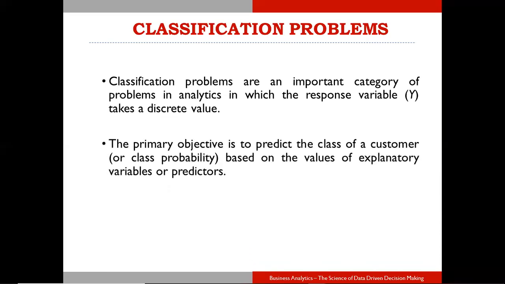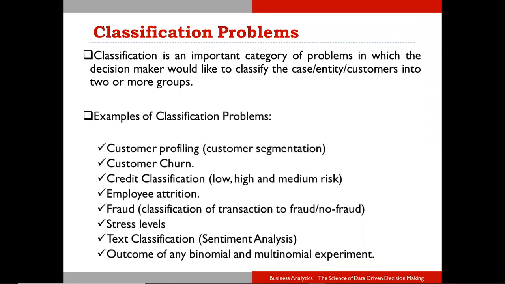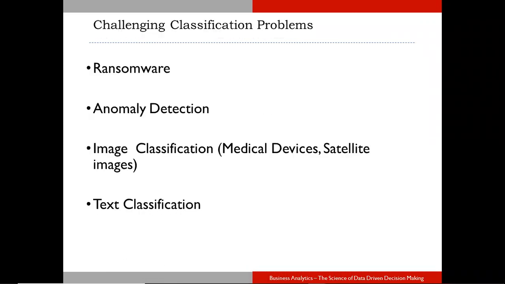So we go for classification or logistic regression. Actually, classification can be performed using various algorithms. One is called logistic regression, which we are studying today, and another is called decision trees. We can apply decision trees also. There are different ways to do classification, but for this class we'll just be studying logistic regression. So these are the examples of classification.